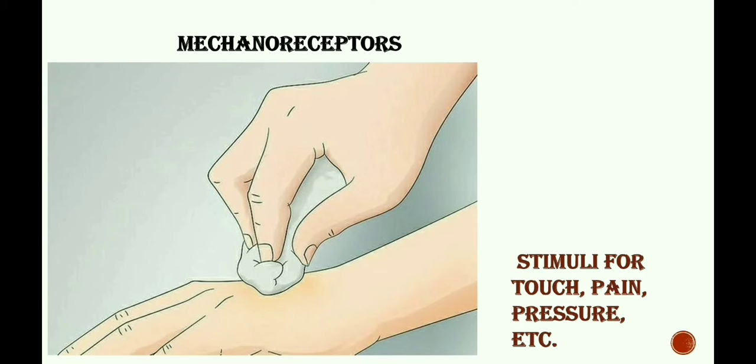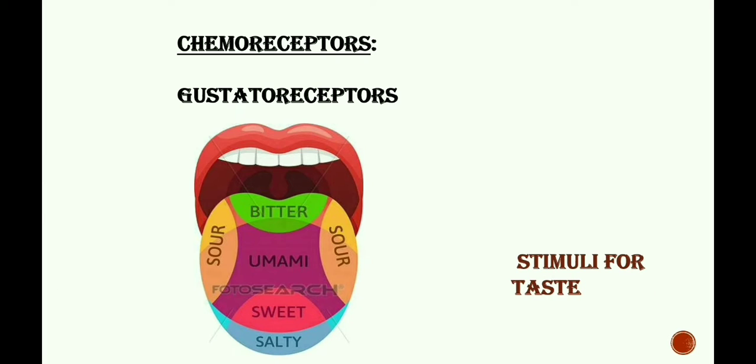Next one is mechanoreceptors. Again, the location is skin, and function is that it is sensitive to stimuli like touch, pain, pressure, deep pressure, etc. And the last one for exteroreceptor is